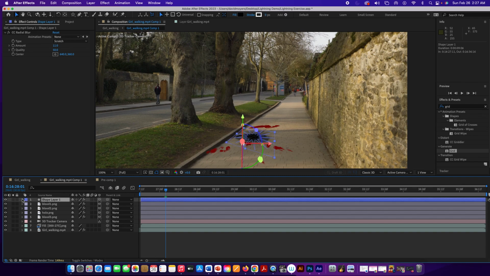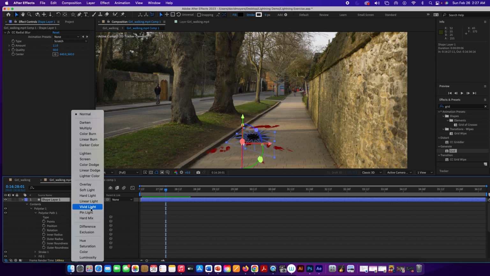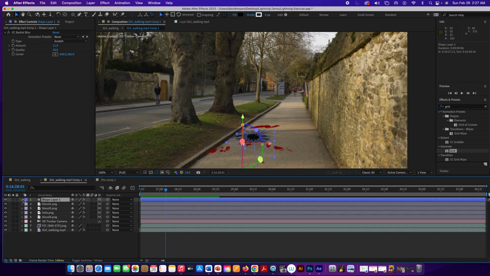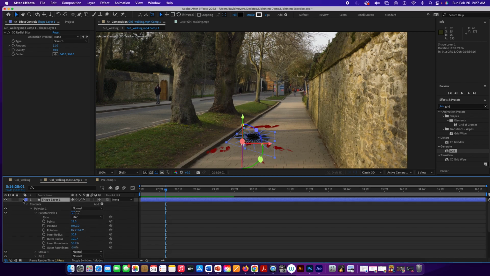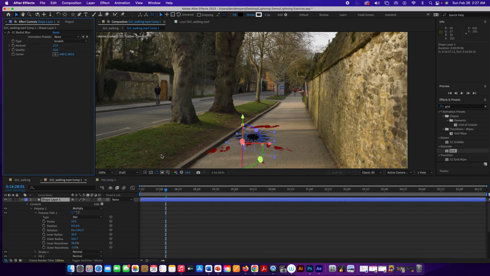But let's go up under here. And, here's our blending modes. So as you can see here, what I did was I went up under this shape layer that I have. And it's got all these things on it. But under Polystar 1, you see normal? We're going to go and do multiply. Okay,